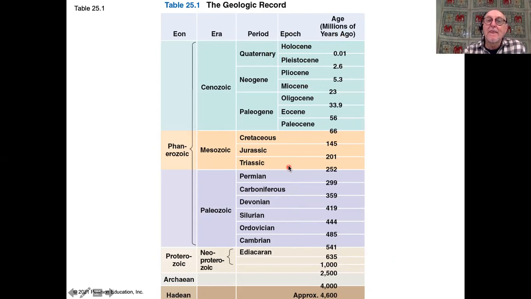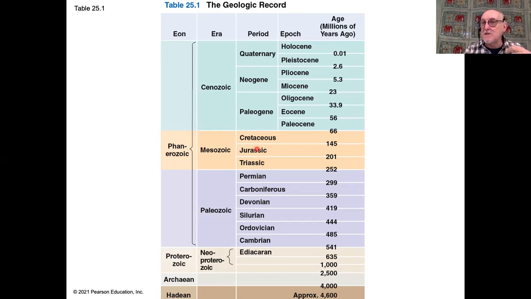Each of these periods here are distinguished by a dominance of some particular group, which appears in the fossil record as tremendously important. I'll just give you some quick examples. The Cambrian, for example, all of a sudden there's an explosion of invertebrate forms. The Devonian is also called the age of the fishes because this is when most of the fish groups evolved. The Permian is a period which is dominated in vertebrate forms by a group called the mammal-like reptiles.